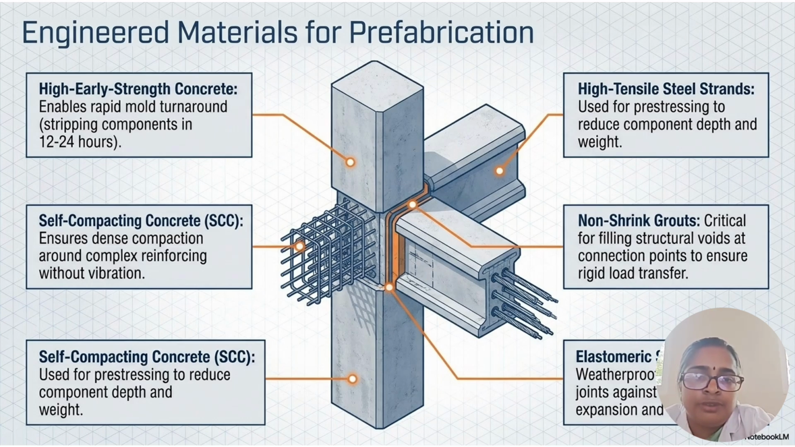Engineered materials for prefabrication. This slide gives you the details about the materials used in prefabrication, and the applications of using such materials. High strength concrete enables rapid mold turnaround, and self-compacting concrete ensures dense compaction around complex reinforcing without vibration. It is also used for pre-stressing to reduce the component depth and weight, and high tensile steel strands